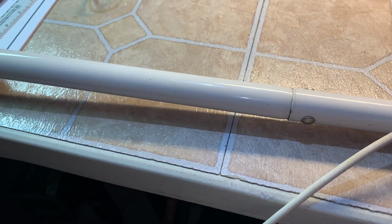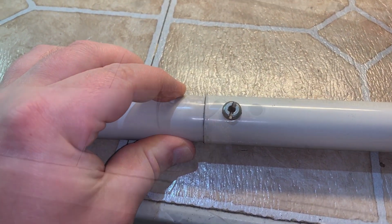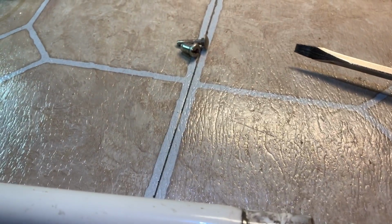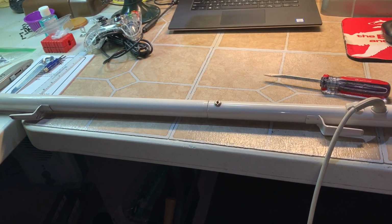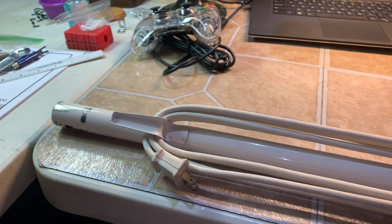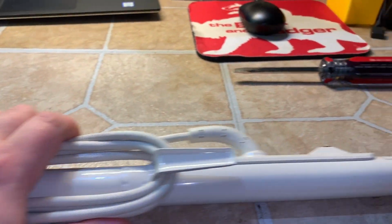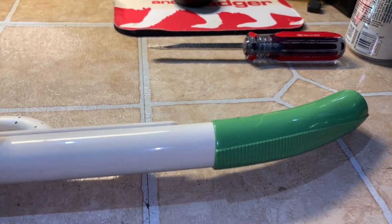Okay, now we are going to fix this handle and clean it up. So first we got to take that out, like so. Now it's oriented the correct way. And now to begin cleanup and detailing, including the power cord. And afterwards, as you can see, the paint's all nice and shiny, the power cord's clean. Handle's nice and shiny too,